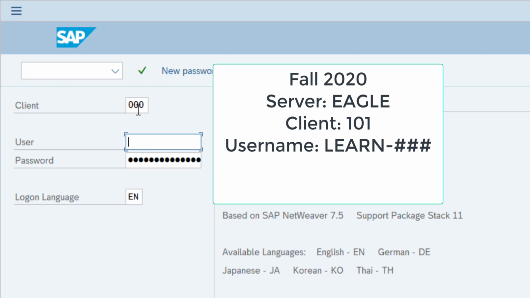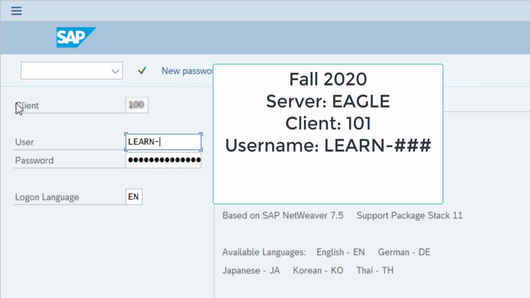You'll then need to type a client number. And then you'll need to type your username. And your username will typically be supplied in eCampus or Canvas in the gradebook or via email to you. And at the moment, the username is starting with the word learn and a dash, and then your unique 3-digit code. And the 3-digit code that you type after learn is going to come up not just in your login,